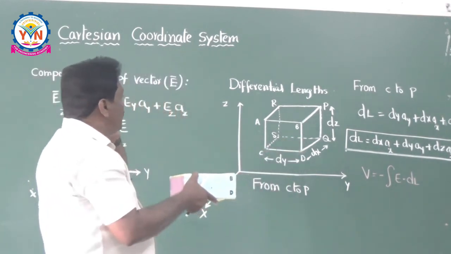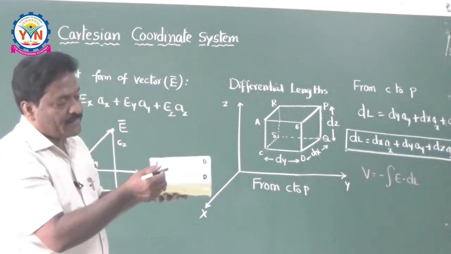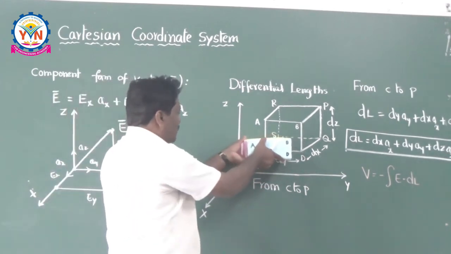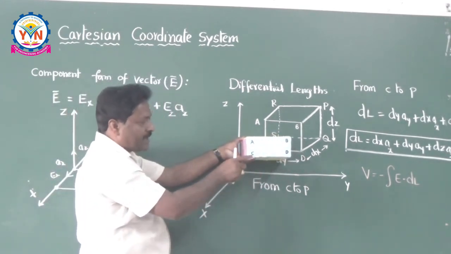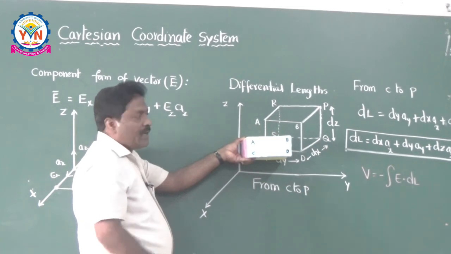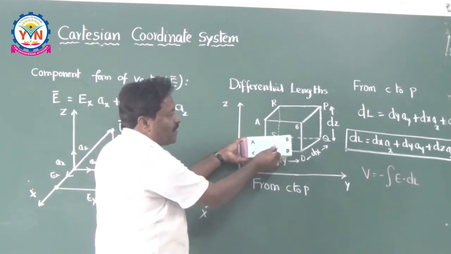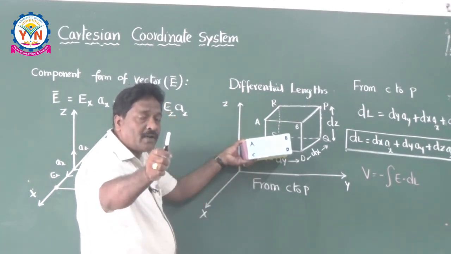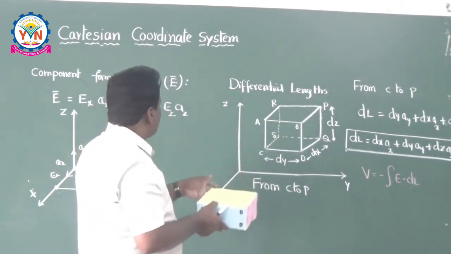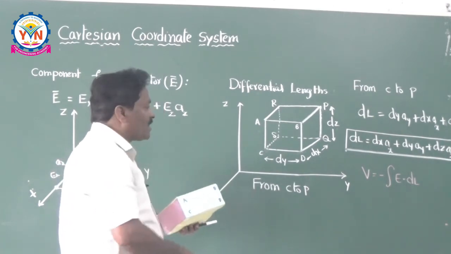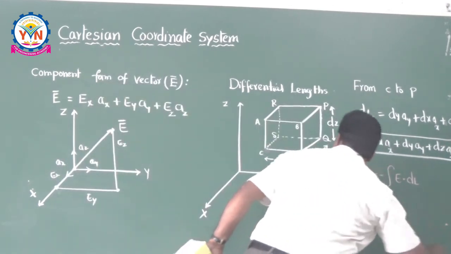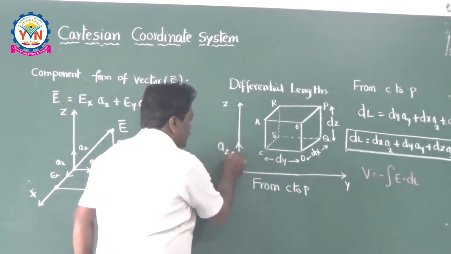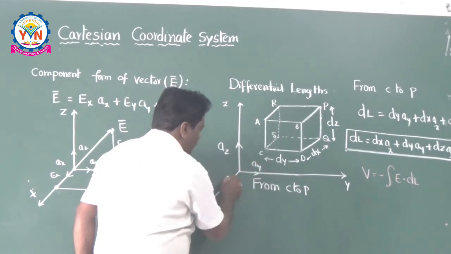And remember, these 6 surfaces, this surface is in which direction? X direction. This is in X direction. Look, you are sitting in X direction. In X direction, this is the surface. This is called AX, positive direction AX. And remember one more point I would like to tell you. These unit vectors are always defined in the positive direction of increasing values. AZ and this is AY and this is AX.